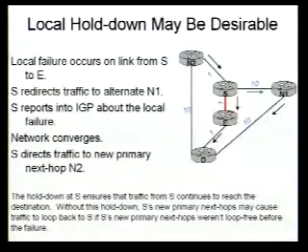That's great. But then if S goes ahead and converges, and it decides now it's going to send the traffic to N2, N2 might not have converged and decided to send the traffic to D. That would be bad. Then you've done your repair, and then as soon as S has recomputed, you'd start looping traffic. So instead of doing that, you can have a local hold down, which is configured on S, which tells us keep using the alternate until this period has passed, and that period is conceptually the time for the network to converge. So that's one issue with the local hold down.